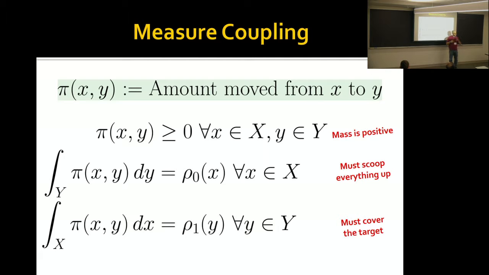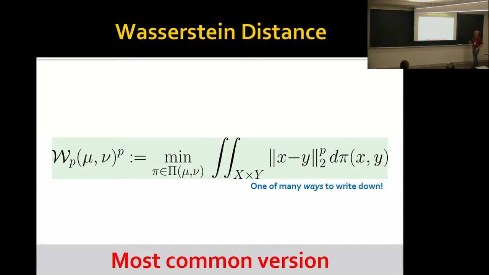If you do your back of the envelope calculation, you might notice there's a linear number of constraints and a quadratic number of unknowns. So this is a big set. There are a lot of things that satisfy these constraints. So, in optimal transport, the basic thing that we do is we solve an optimization problem. Namely, we ask for the minimum over all possible transport plans. I'm sorry, I'm noticing that I've shifted notation. This is like rho 0, rho 1, previous slide. Over all the possible transport plans, I want to minimize work measured as distance times mass.